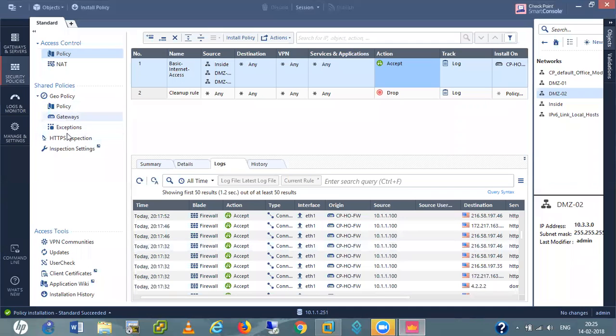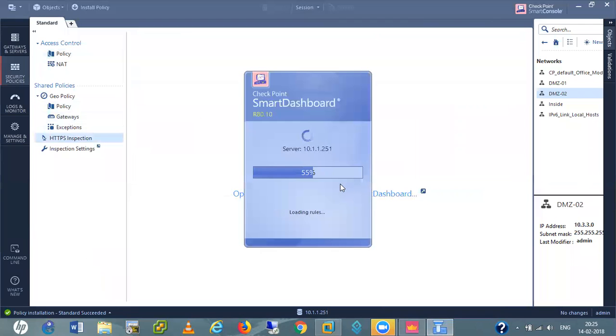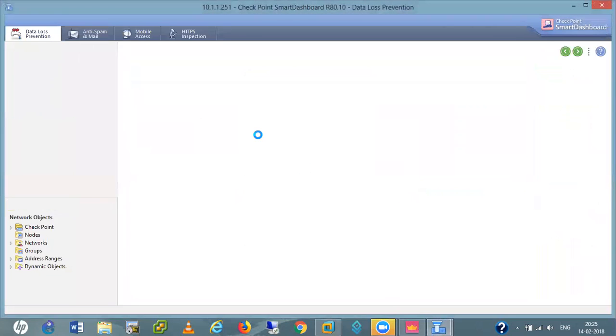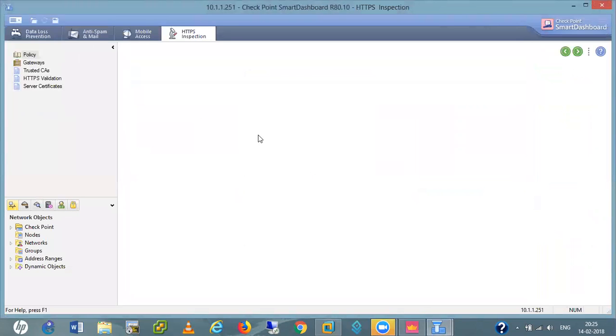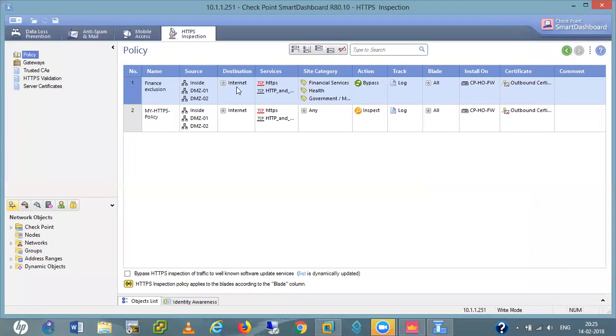Go to my policy here, HTTP. Disable this loop now.